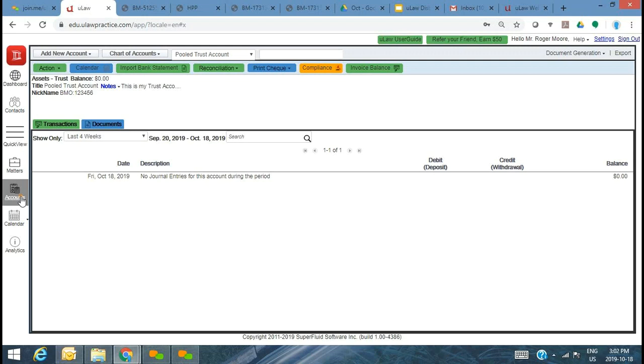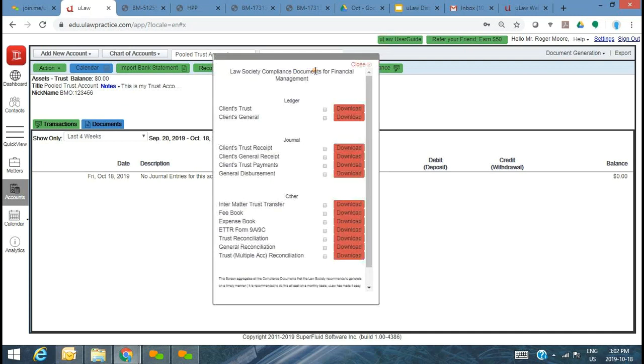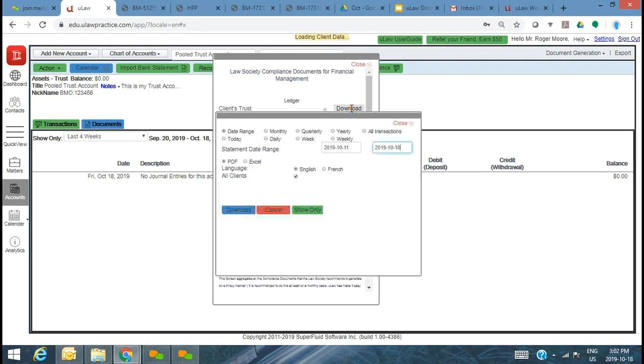So just having the confidence that you had the right process to capture all this information in the appropriate channels, and having a tool that can provide you with the documents, you generate all of the compliance documents. And to answer one of the questions from one of our audience members, you can start with the trust receipts, which is the ledger, or I can do the client's trust ledger.